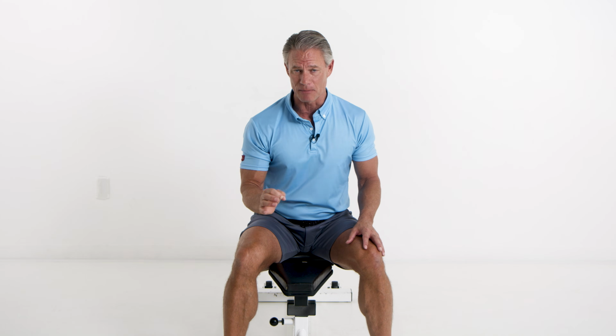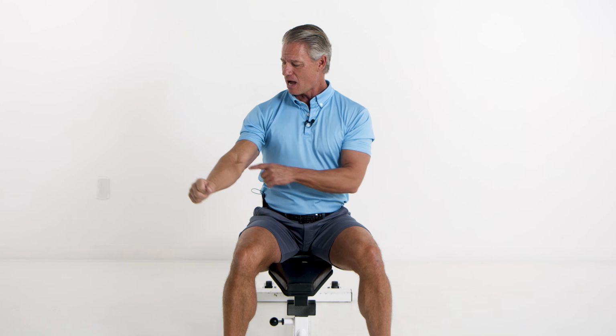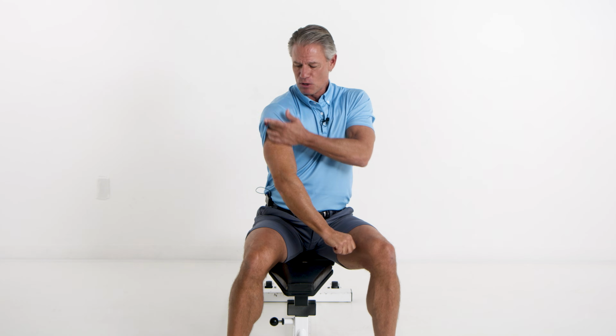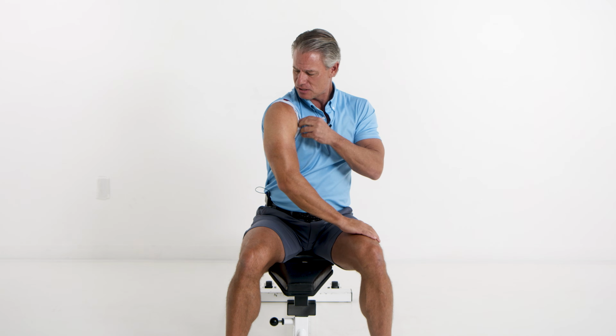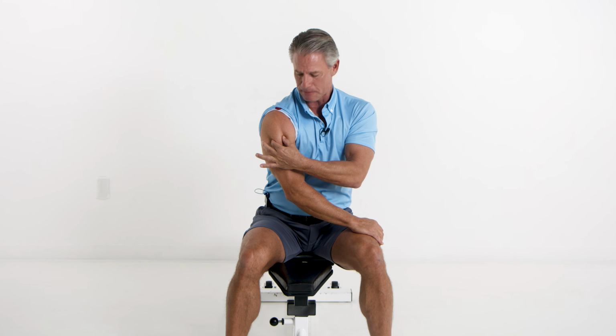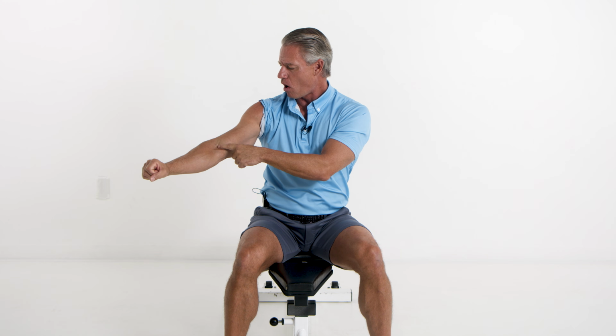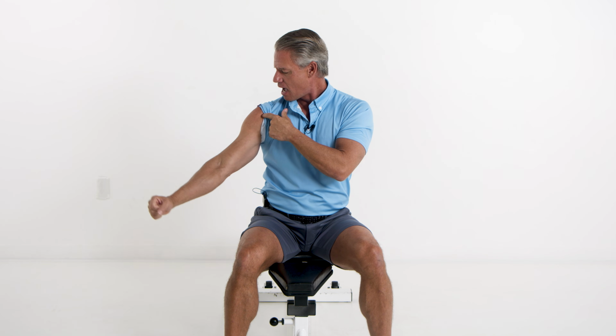Now, I also think that the middle delt is probably one of the most incorrectly performed exercises in the gym. Because when I see people doing the lateral raise for the middle delt, I see them with the crook of the elbow facing up. If you look at my arm, you're going to see that we want to work this middle delt, which is this bump right here. If I turn the crook of my elbow at all up toward the ceiling, I now have put the anterior